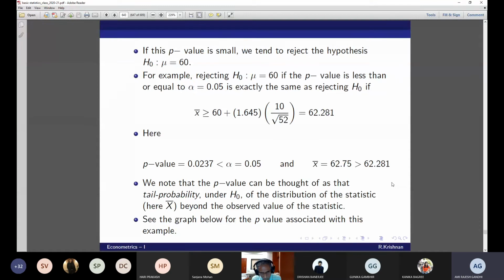So normally, do statisticians fix alpha, then find p and then compare, or fix p to be alpha and then find the relevant x bar and then compare? No, they don't do anything. As I told you, they report the p-value and leave it to you to evaluate. Suppose you are a very conservative person, what will you do?